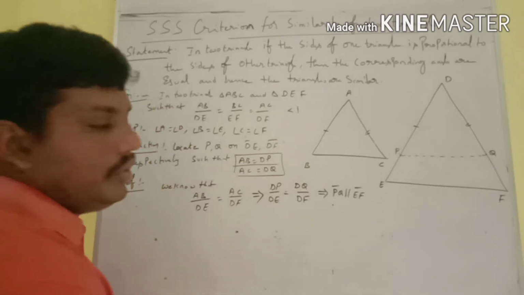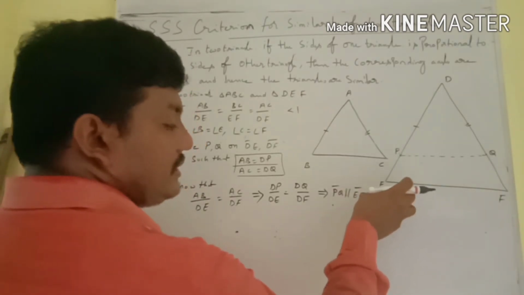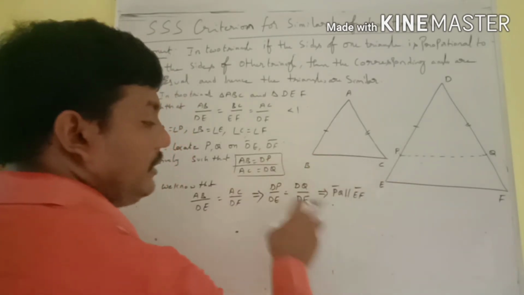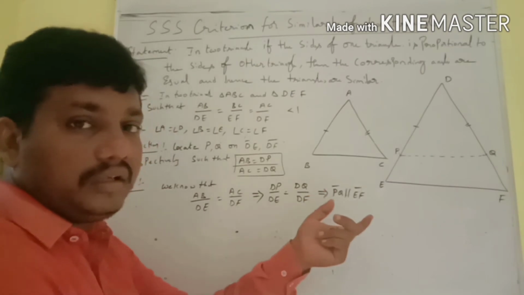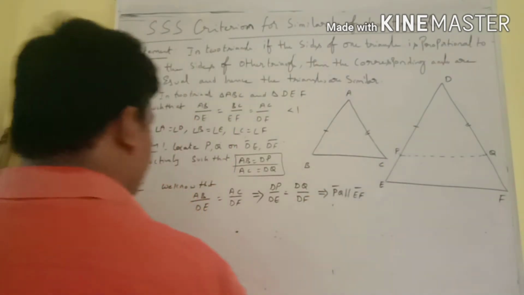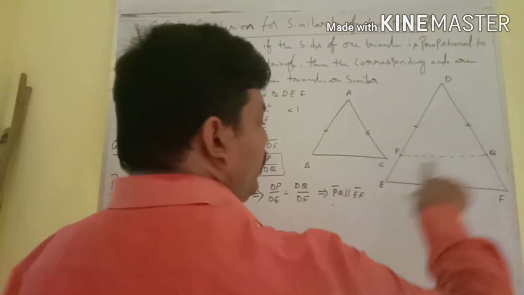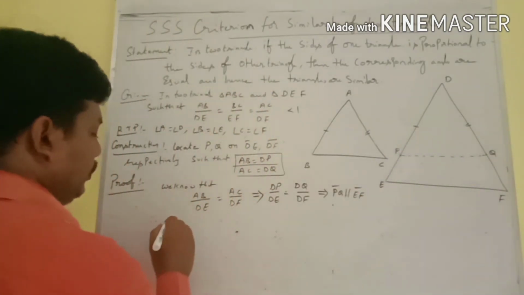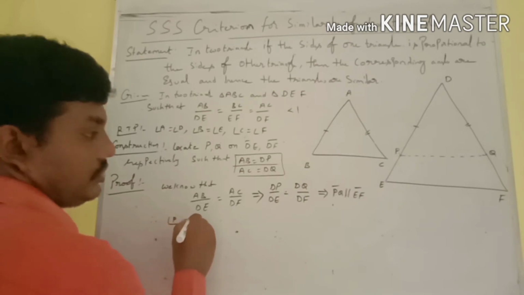So students, you have to mention the converse of the basic proportionality theorem. You have to write it, but the space here is not sufficient, so I will not consider it here. Next, when PQ is parallel to EF, then we know that angle P is equal to angle